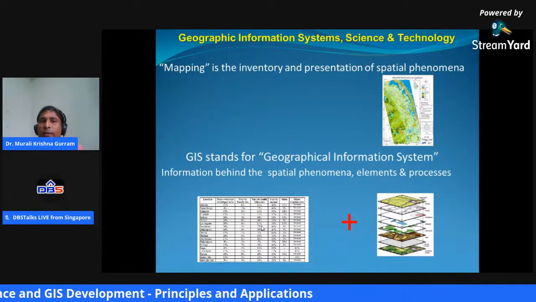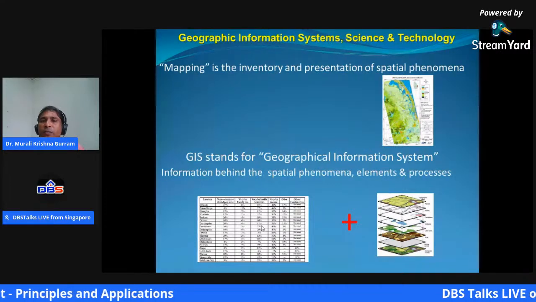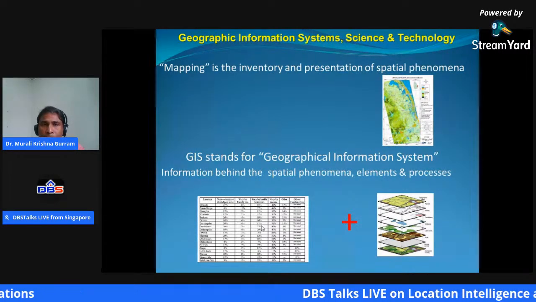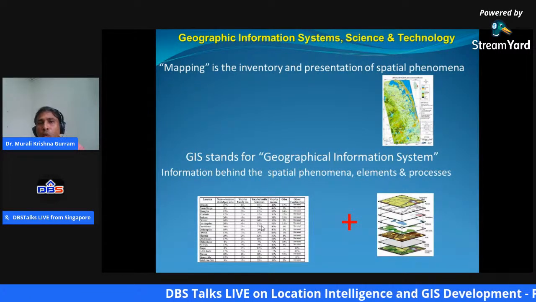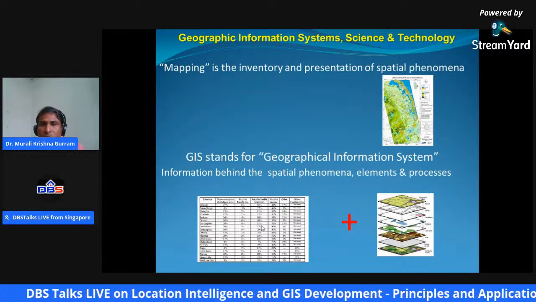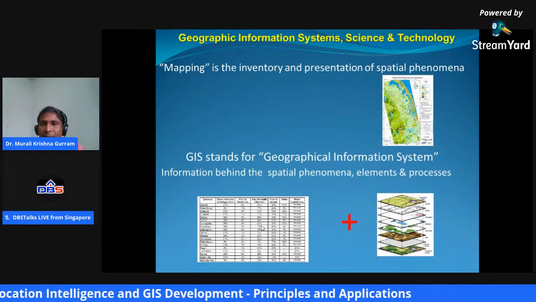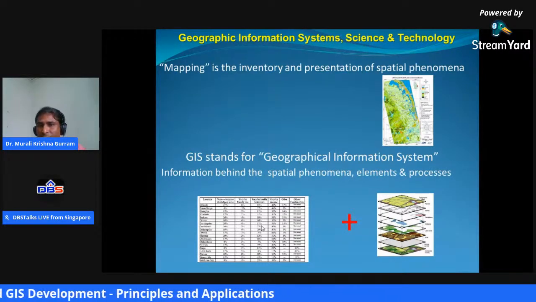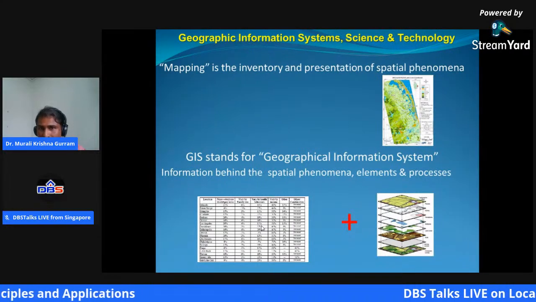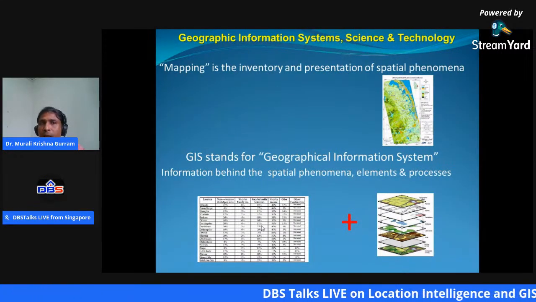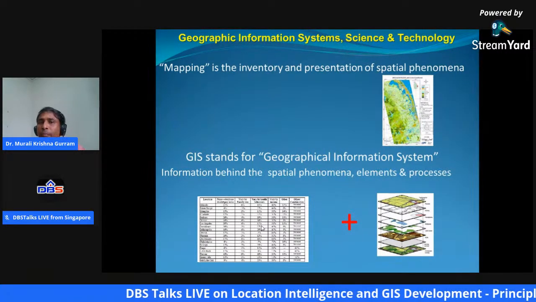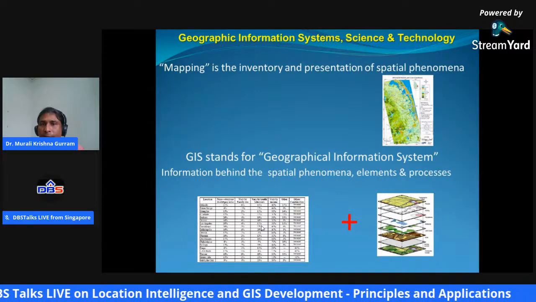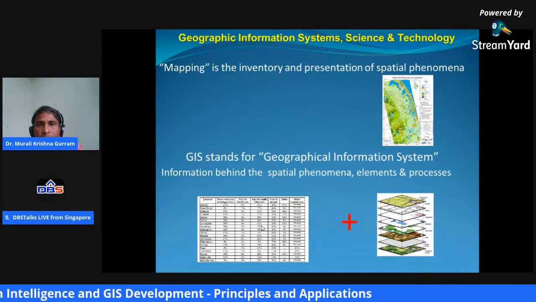They are the inventory and representation of spatial phenomena. When we talk about geographic information systems, there is information behind it. What we see is a pictorial form of representation of it. In fact, we are dealing with the data behind this. Next slide.